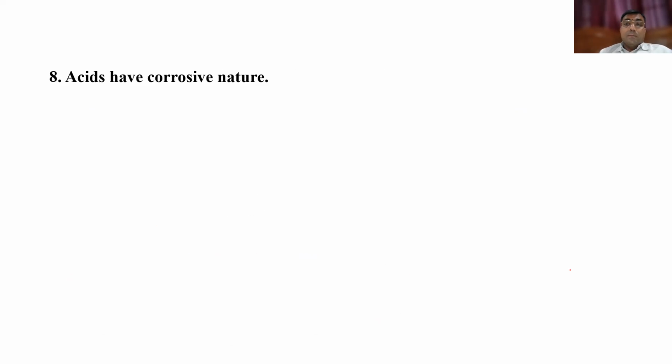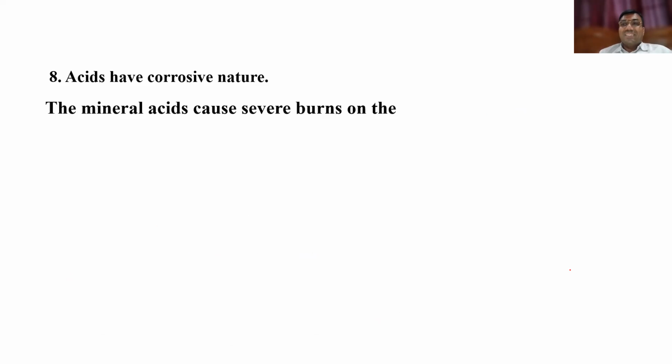You know very well these acids are very corrosive in nature. You should be very, very careful. Particularly mineral acids are strong acids. Organic acids are weak acids. So these mineral acids cause severe damage. For example, when you get HNO3 on your hand, the fingers will become yellow. Why? Because denaturation takes place. The protein loses its action. Biological activity will be lost. You should be very careful. It burns because the skin gets burnt off. That means its biological activity will be lost.